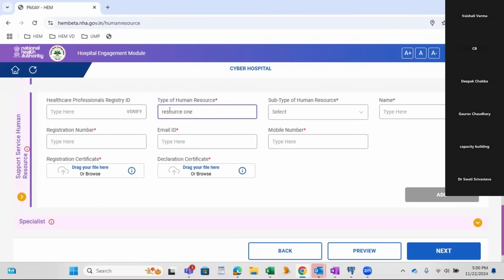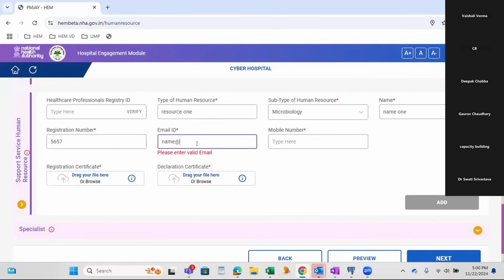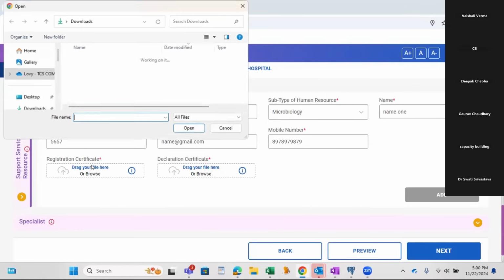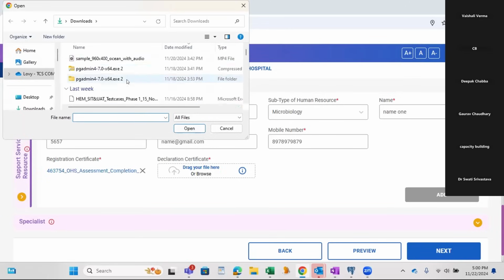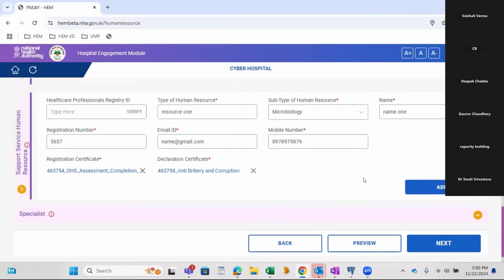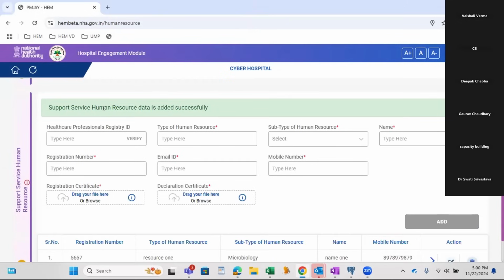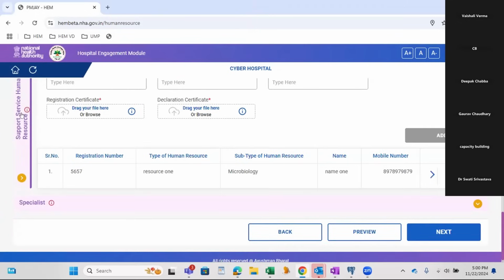Resource 1, microbiology. Making an entry for this support service human resource, data saved successfully. Now we have to add for biochemistry and blood bank.